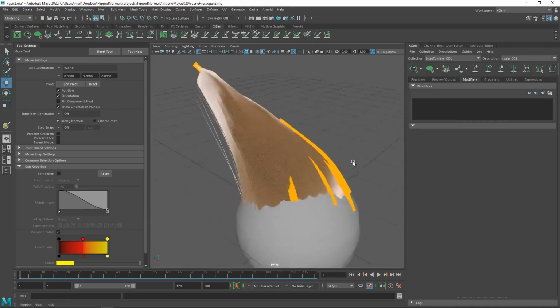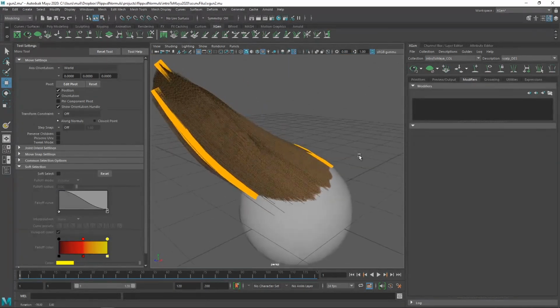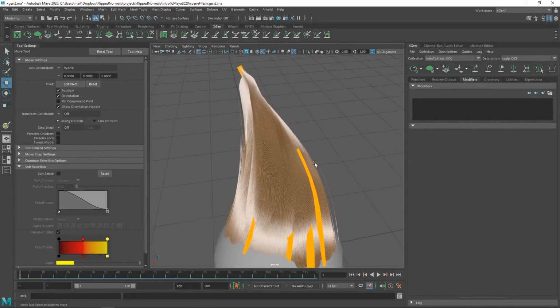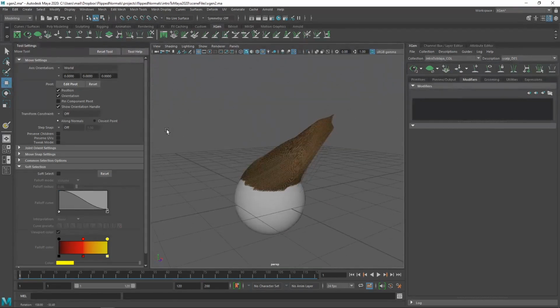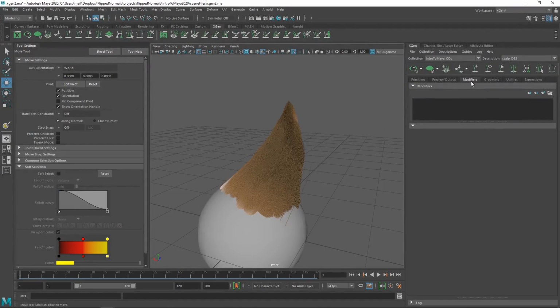Now, at this point, we don't really need these guides anymore, because now we're just going to be dealing with actual modifiers to control the rest. So we can hide them by hitting this icon here, and this will hide the actual guides. So now we don't really need them. So now we can create modifiers, and